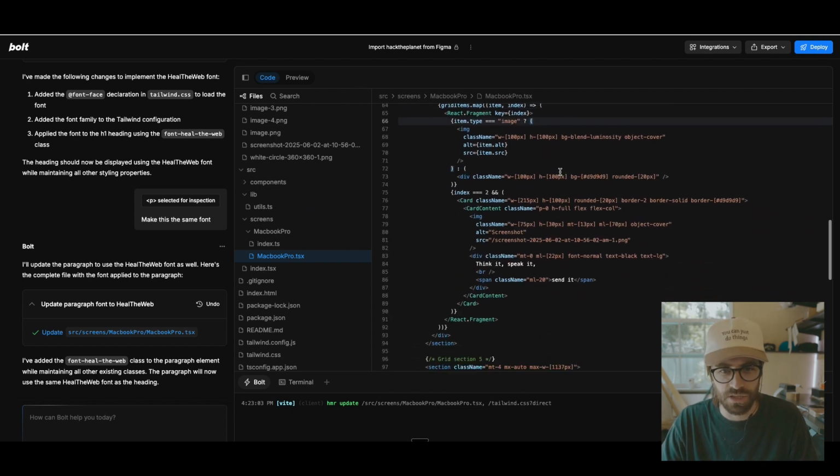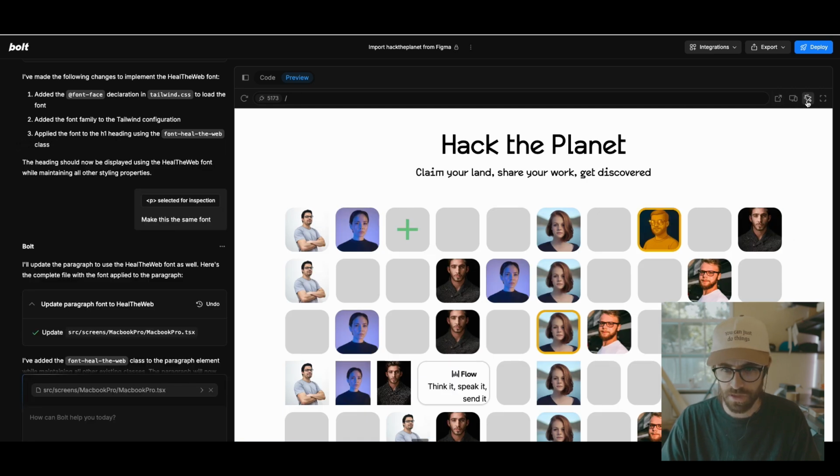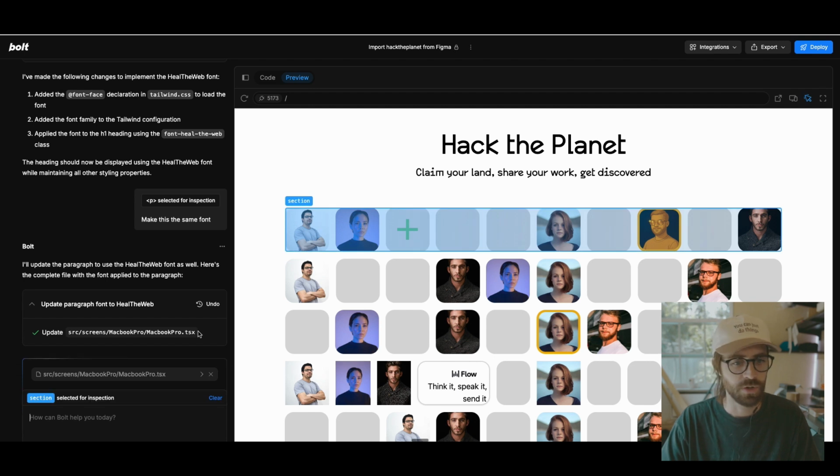Here's how they're doing this. It is one image. That's super weird. Okay, that thing should not be one image. So what we're going to do is break this down into